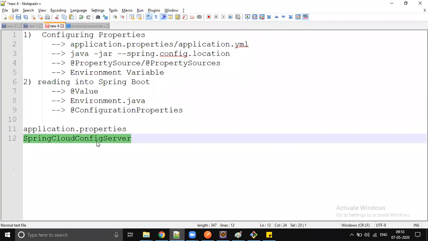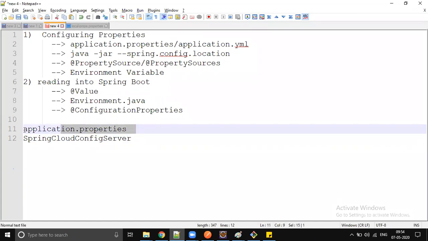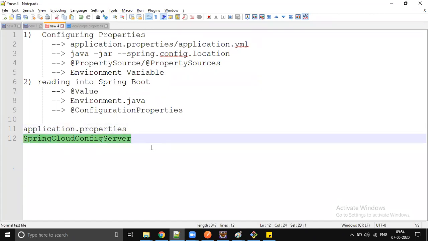We will create one real MongoDB application, right, which is running on a different port. I don't use Docker. I don't want you to be confused. I'll go ahead and run it as a standalone application. One service is connecting to the MongoDB. We don't provide details in the application properties. We will provide those details in the cloud config server. We will connect to that MongoDB database by reading the properties files from Spring Cloud config